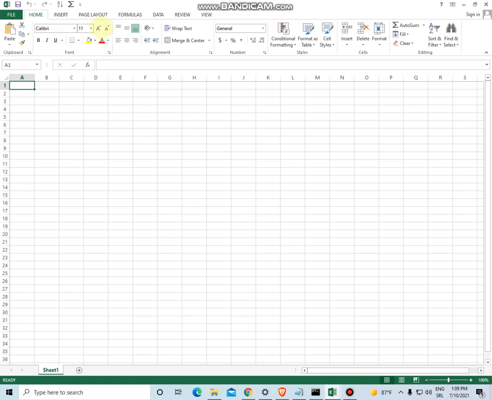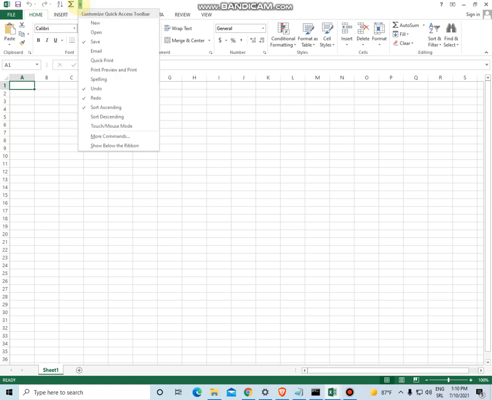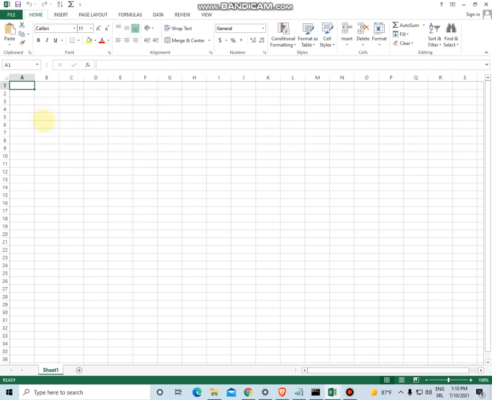First of all, on the top left, you can see quick access toolbar. And if we click here, yes, you can see quick access toolbar, and these are the options you can put or get out from this quick access toolbar. And what is quick access toolbar? These are some common shortcuts, some common commands you can get quick access to.